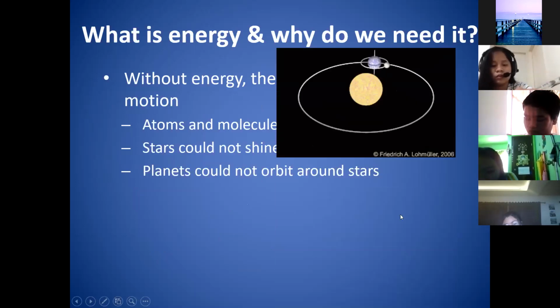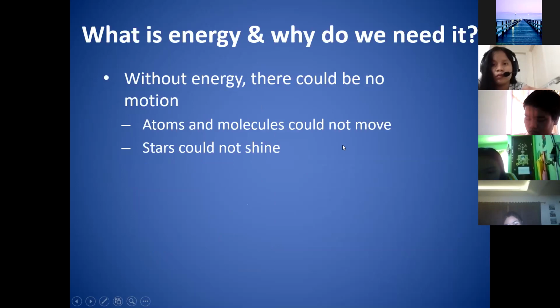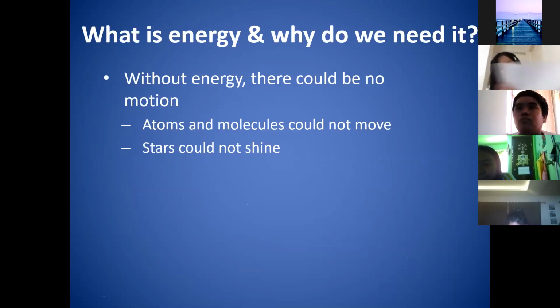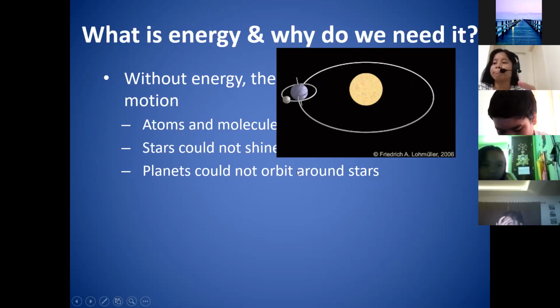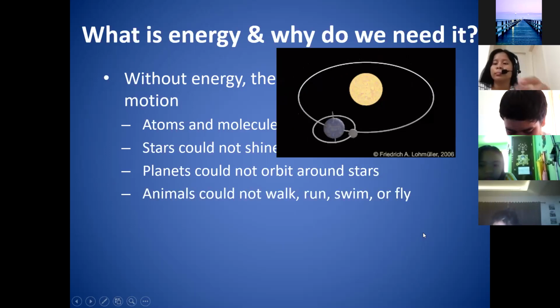So these are what we're going to consider, class. Without energy, we cannot do any motion. In the same way that without food, we cannot have the energy, so we cannot move at all. Atoms and molecules could not move without the energy. Stars could not shine without the energy. The energy coming from the stars for them to shine is radiant energy. Okay? The atoms and the molecules' energy is what we call nuclear energy, because we can generate the energy by nuclear fission of these said atoms. Planets cannot orbit the stars without the said energy as well, and that energy is what we call gravitational energy.